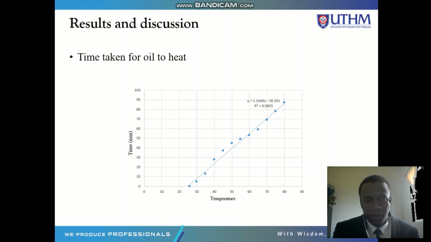Does it heat up for the hot means? Actually, we test the hot plate, not the oil. We see whether the hot plate works or not, and then we use a thermometer to see the temperature at different times. We can see it goes from almost 25, which is room temperature, and then it reaches 80 degrees Celsius, and then it takes how many minutes? It takes around 90 minutes, almost 90 minutes, almost